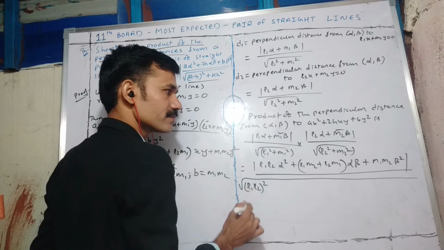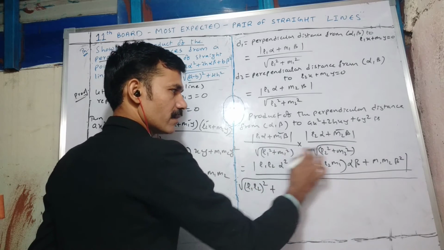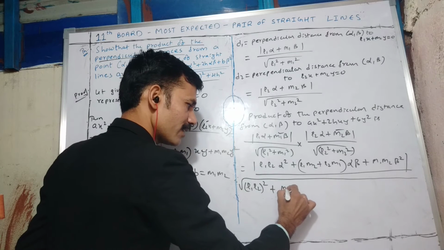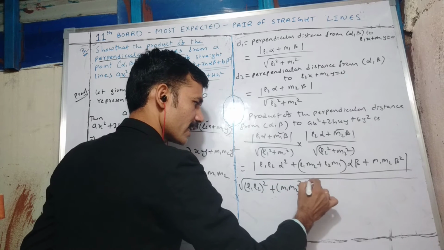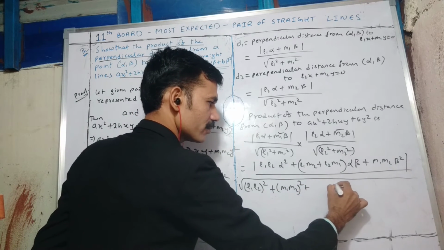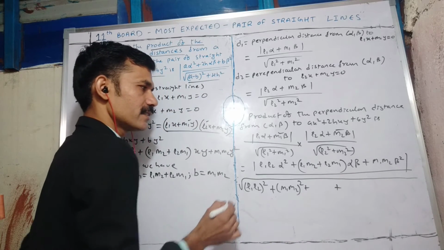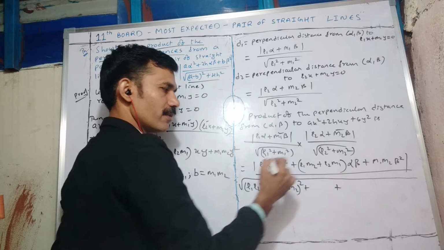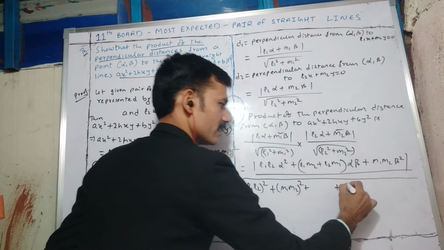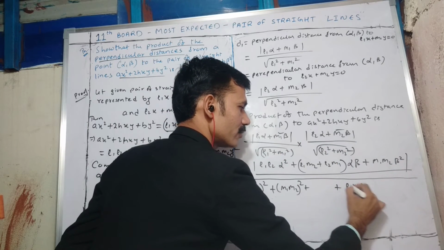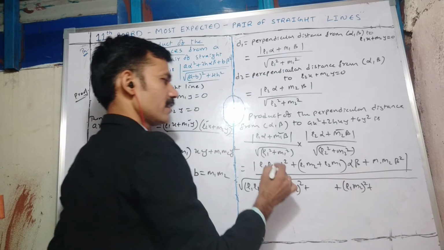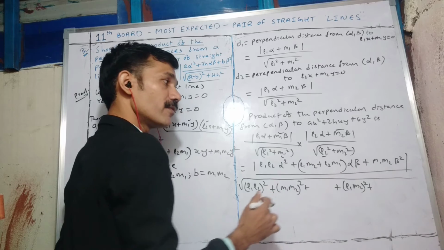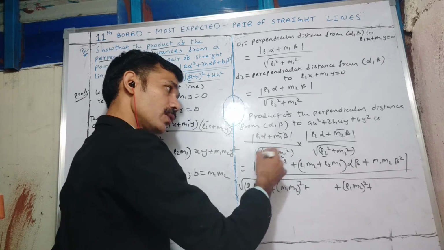Next M1 square into M2 square, that I can write M1 M2 whole square. I'll give some gap, then I will write. See here, first and another term we have to multiply, no? L1 square and M2 square, that I can write L1 M2 whole square plus, now these two are left over, that is M1 L2 or L2 M1 you can write,